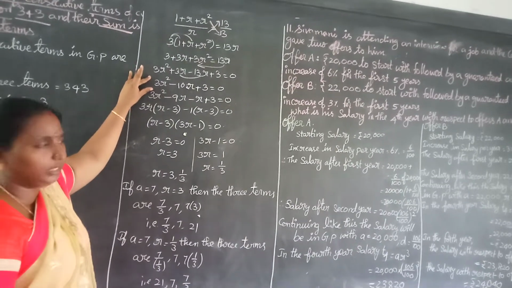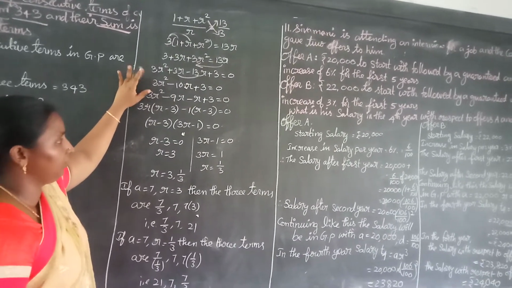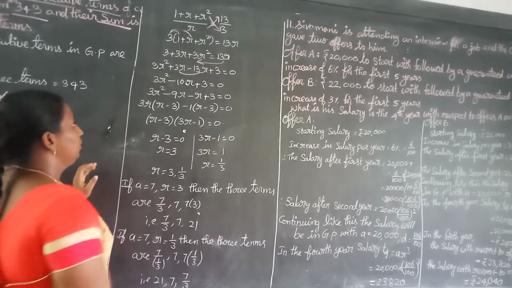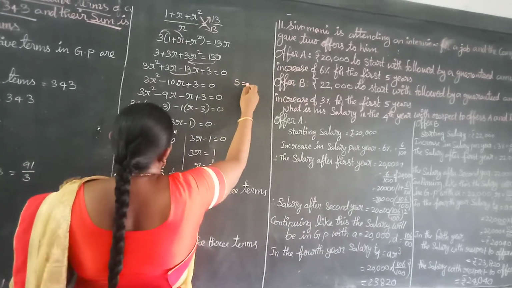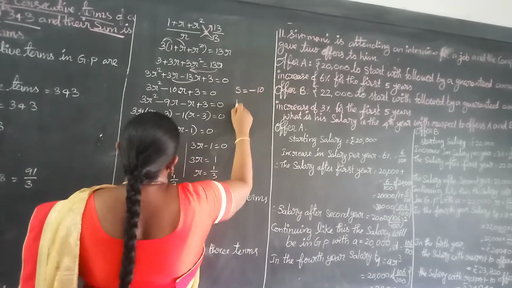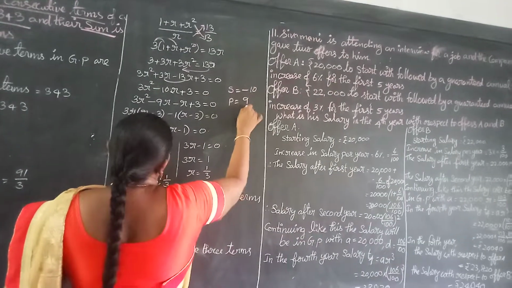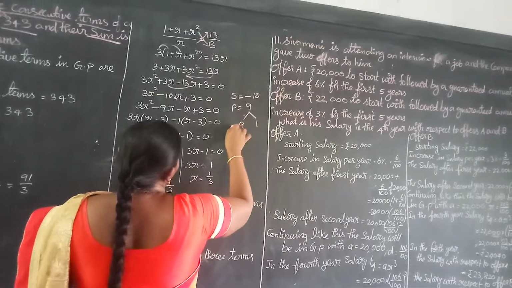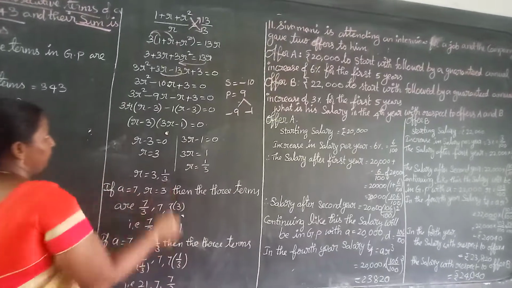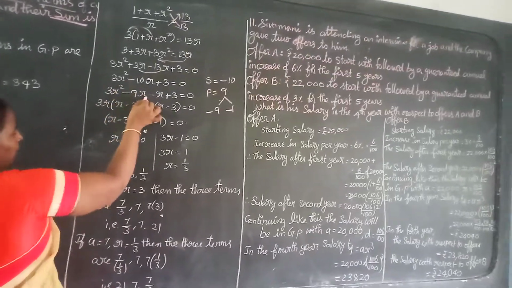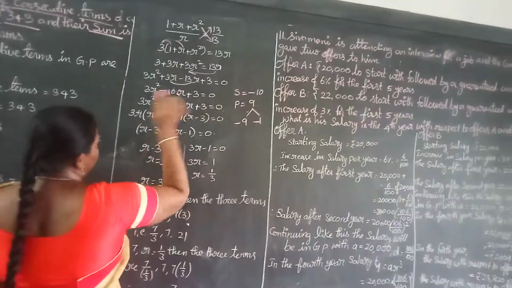Here we got a quadratic equation. So from this equation you get the R values. So using sum and product I will solve here. So sum is minus 10. Product is 3 3s are 9. 9 1s are 9, minus 9 minus 1. So write 3R square minus 9R minus R plus 3 equal to 0.